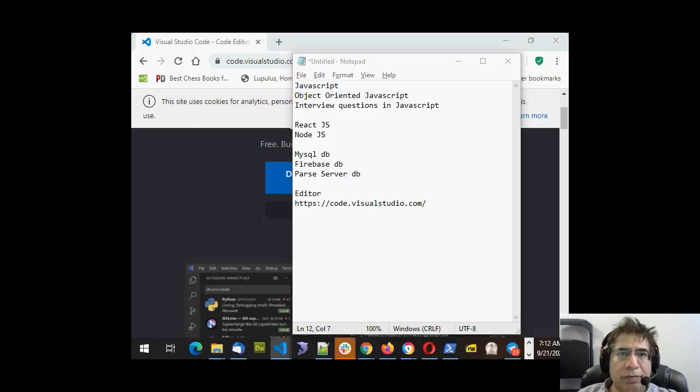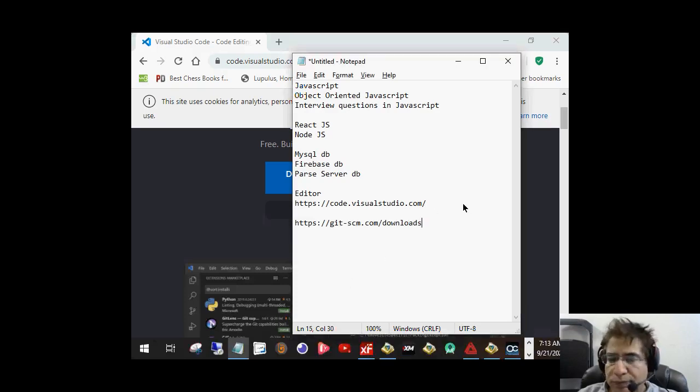Let's go to the second software which we have to download. Second thing which we have to do is we have to download Git. So this is the link for Git. Now, what is Git? Basically, I will not talk in detail about that, but I will do it in some future lesson. So the second thing which you have to download is Git and install it. If you have Mac, Git is already installed, but in Windows,